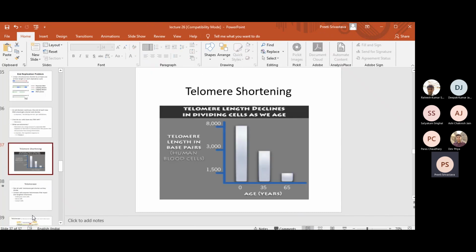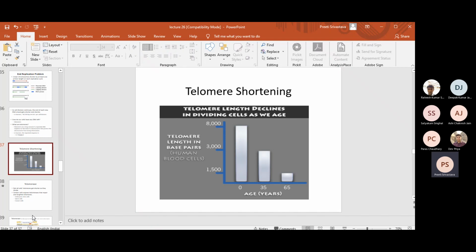So these are repetitive sequences which are present in the telomeric region. These telomeres can keep shortening. So imagine if there were no telomeres, then if the end replication problem continued, ultimately you would lose all the genes which are essential for viability, and the person would not survive. The fetus would die. Correct? So that is the importance of telomeres.